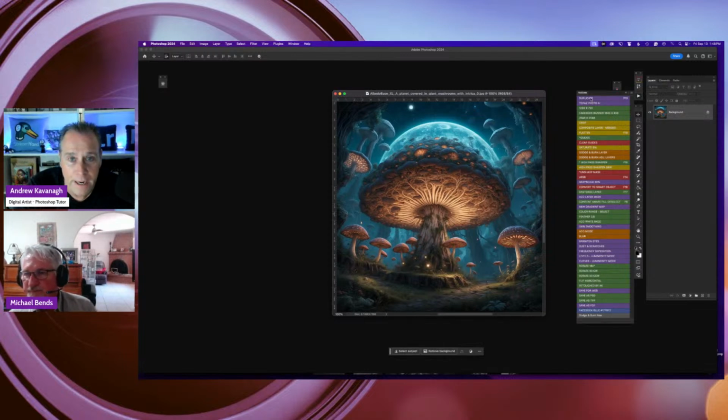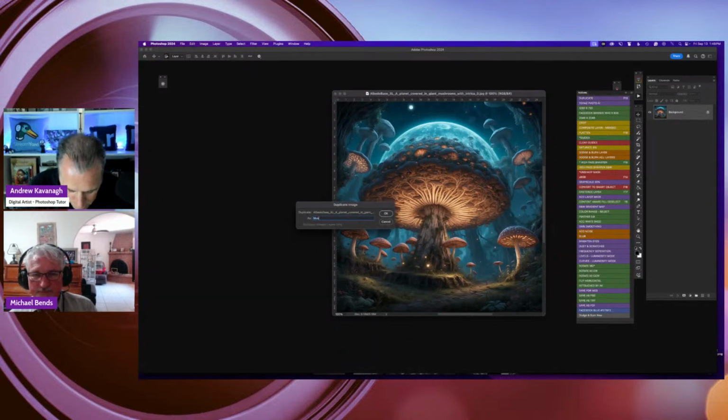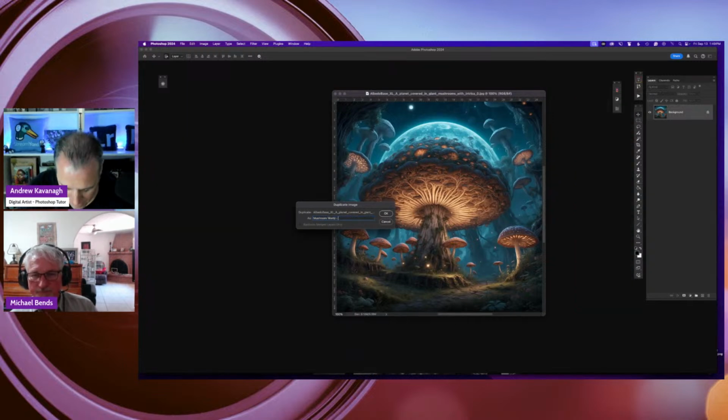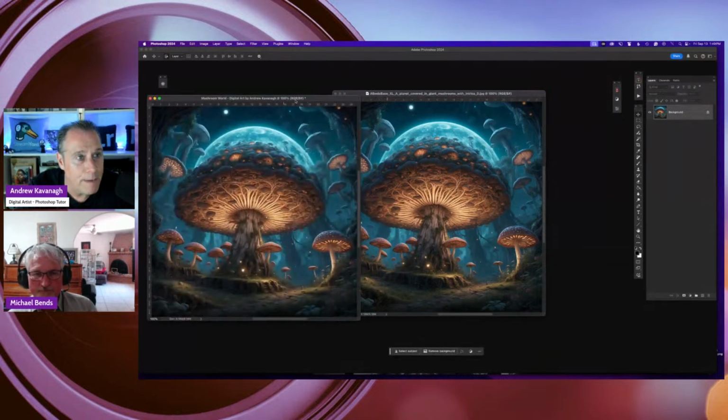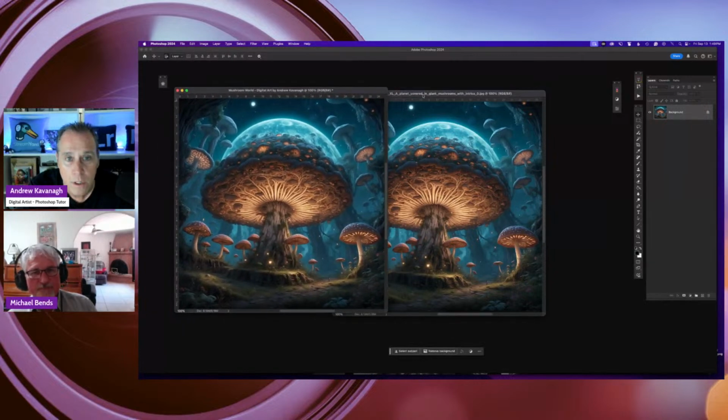I might duplicate it first and then give it a title, like Mushroom World. I don't know. And then I might put in digital art by Andrew Kavanagh. So it's always got my name as part of the image that I worked on.